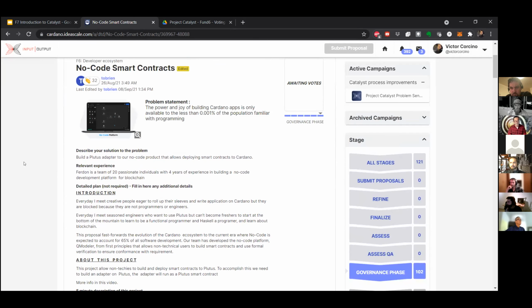One thing, the detailed plan, and then we have the not required. Yeah, this is going to be removed. Imagine the not required is not there. It's absolutely required. There, you map down your whole proposal, everything what it is about. Forget about the not required. Not required will be removed in Fund 7, so don't worry about that.